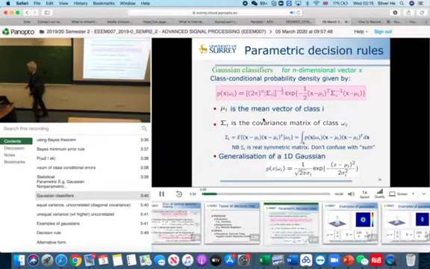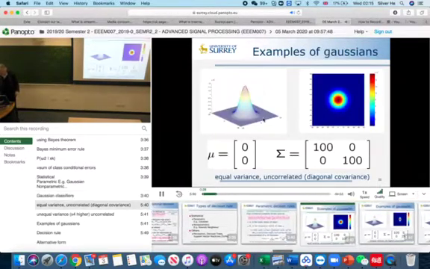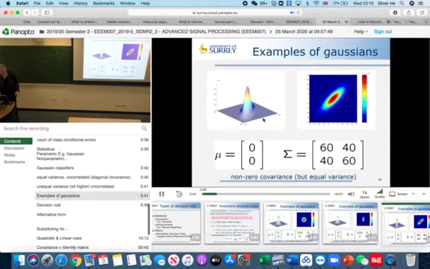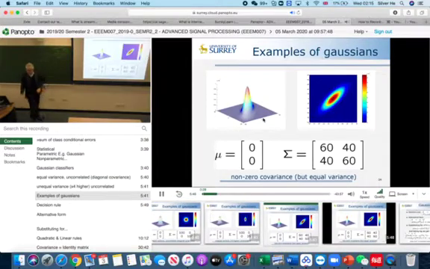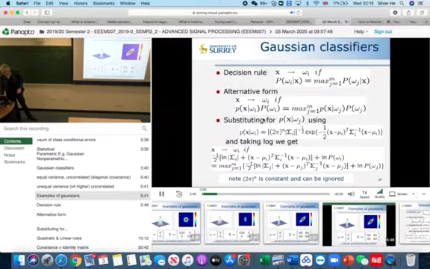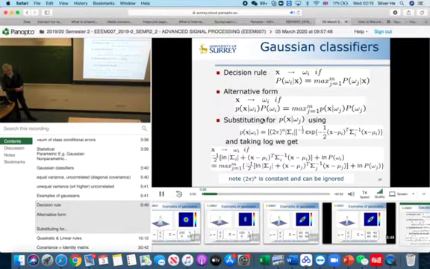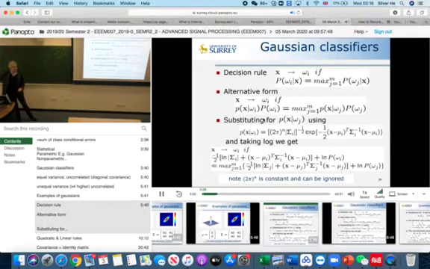So this is the generalization of the one-dimensional Gaussian. We gave some examples that we looked at last time in terms of different means and covariance matrices. And then we looked at the types of decision rules that we could get. Now, I did this on paper, but this is the summary on the slides for that as well,